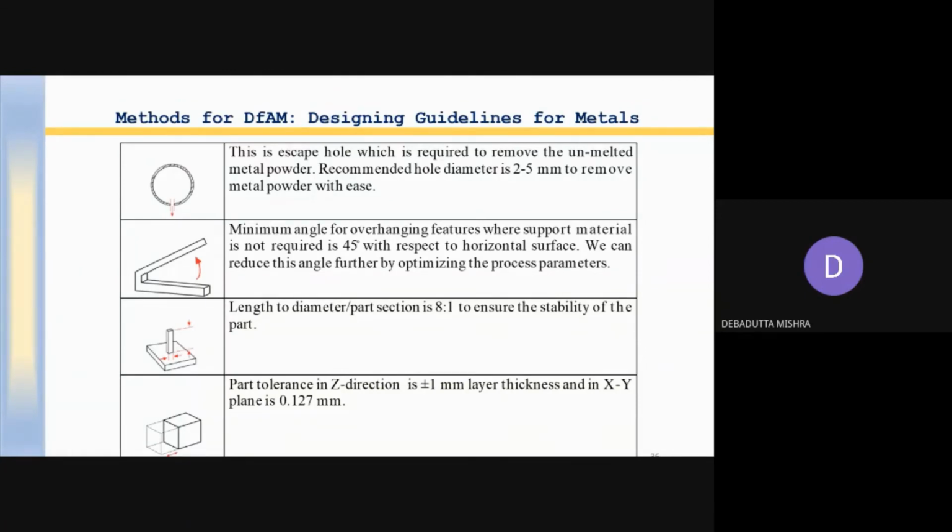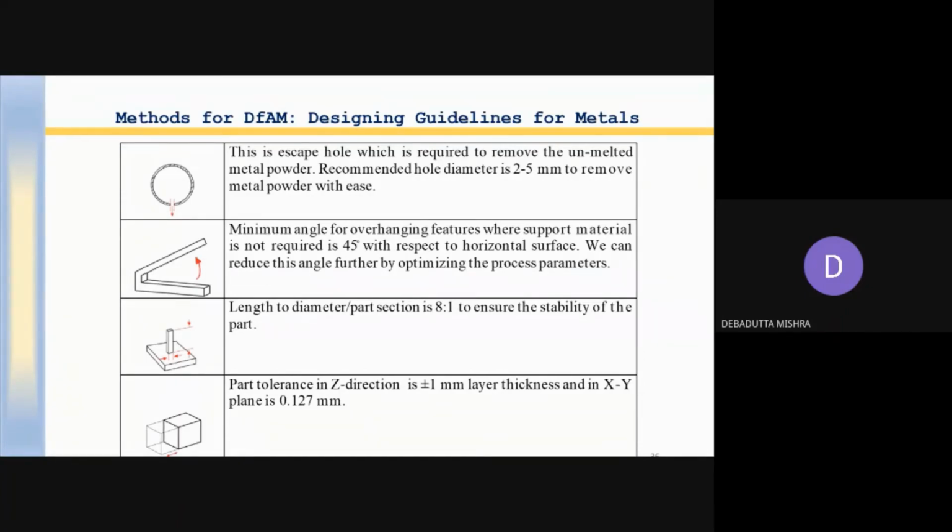Whichever is not used can be removed from this part. So we need an escape hole, and the recommended diameter for this escape hole is 2 to 5 millimeter. Next, when the overhang is more than 45 degrees, then we require a support structure. If it is less than that, we do not require any support structure.